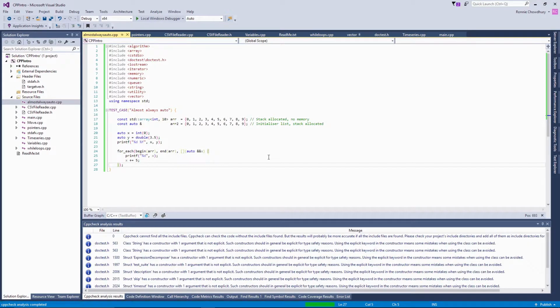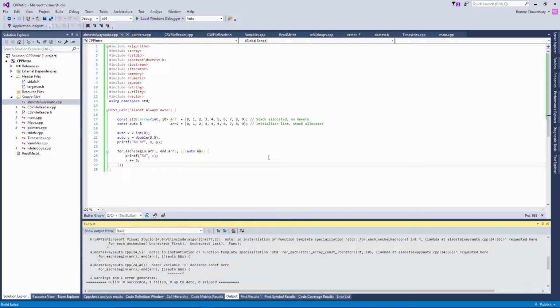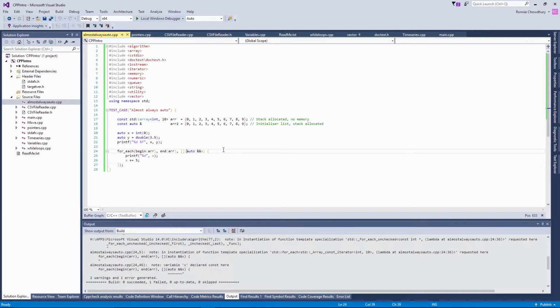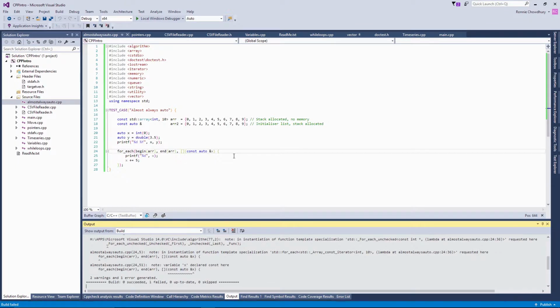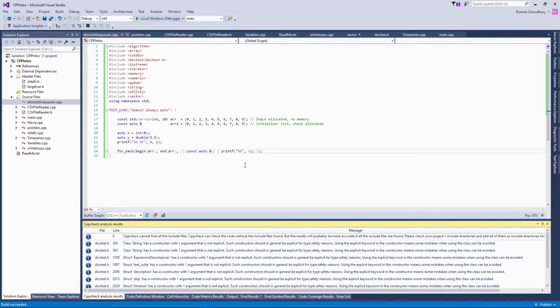Another place where auto is useful is in the STL function, where you normally pass in by const ref. You can also pass in by auto-ref, which captures the constness. In C++14,